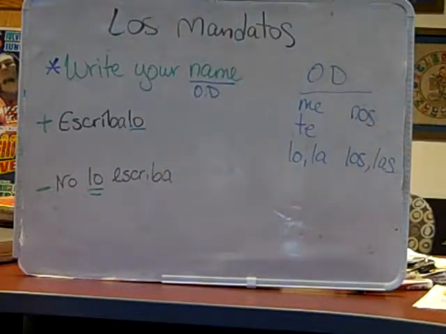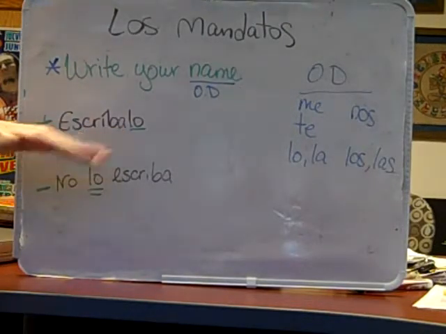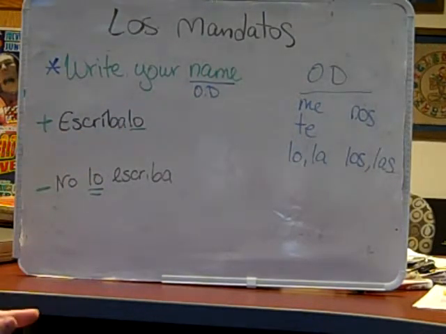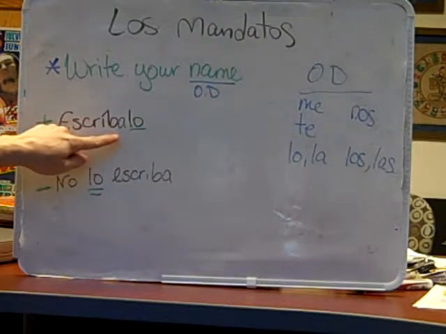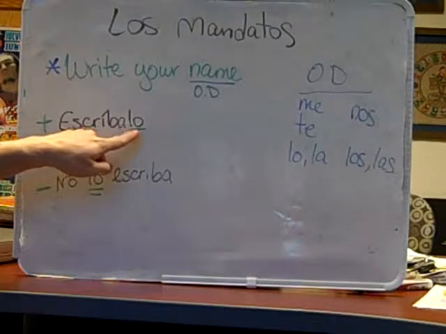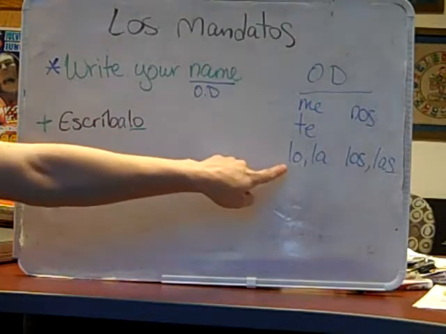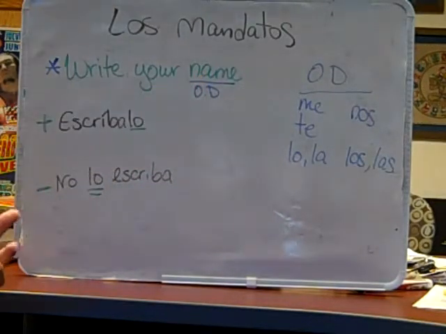So we want to say write it. We don't want to say name, we want to replace name. Write it. That's our direct object pronoun. So we're going to use the verb escribir, but we're going to use it in the command form with usted, so it would be escriba, and that's what we have here. And then we're going to tag on our direct object pronoun, which is lo, because again it corresponds to nombre,